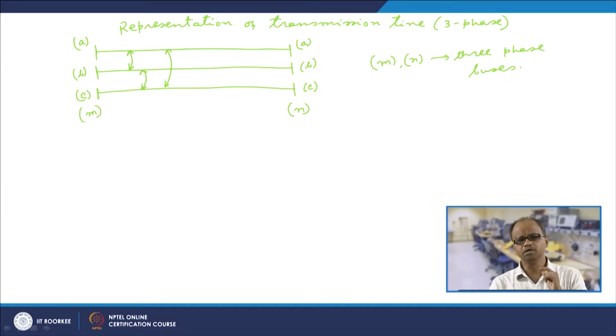The same thing is also true for the shunt